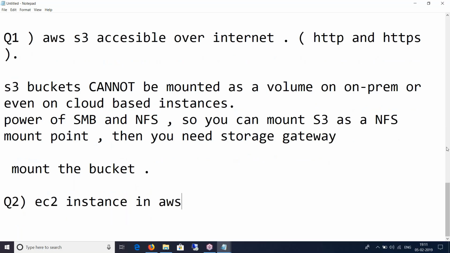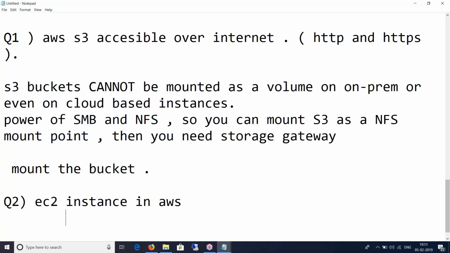Coming to the second question about EC2 instance in AWS. At one point I said that not all customers of AWS will have an on-premise infrastructure. Let's just say that I'm a startup company and I do not have resources, right? I do not have a whole lot of content. All I have is an external hard disk that I connect to my laptop to copy all my patents and my intellectual property. But at the same time, I'm worried about my business continuity, and hence I focus on disaster recovery.